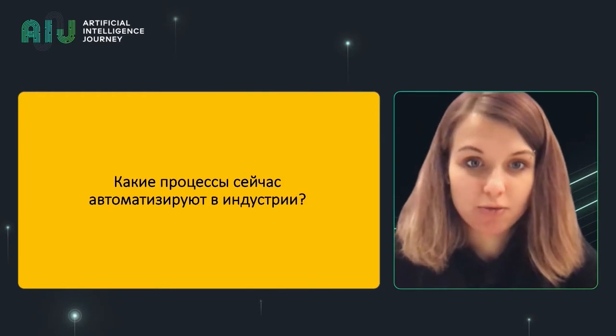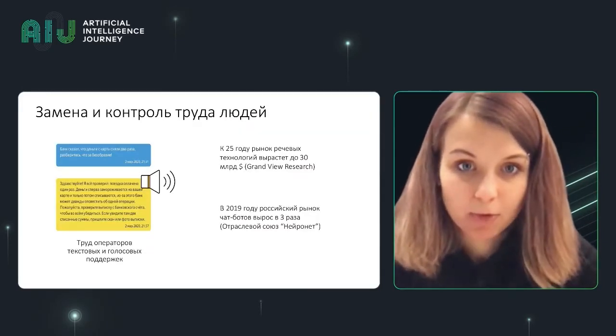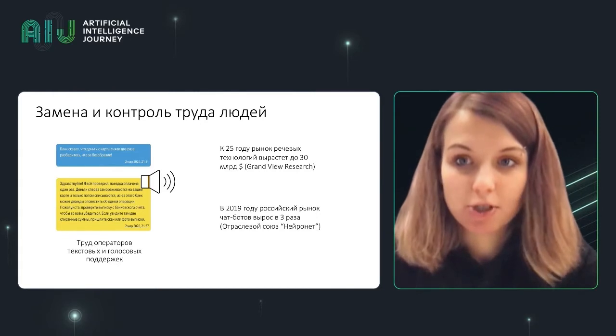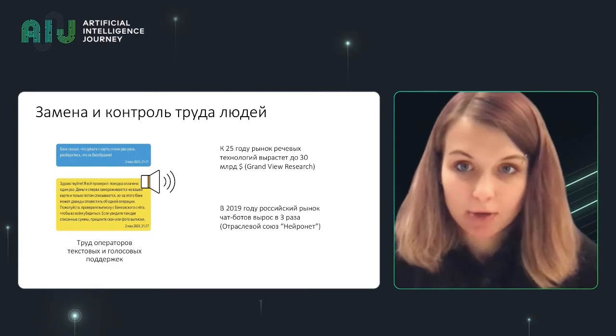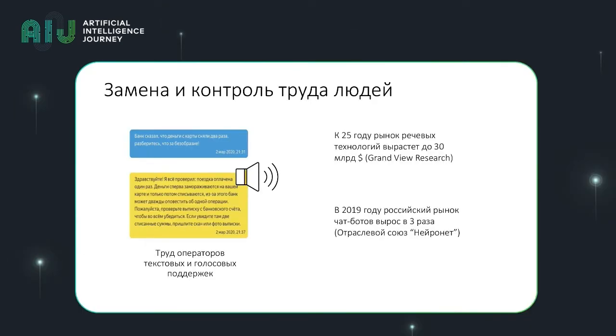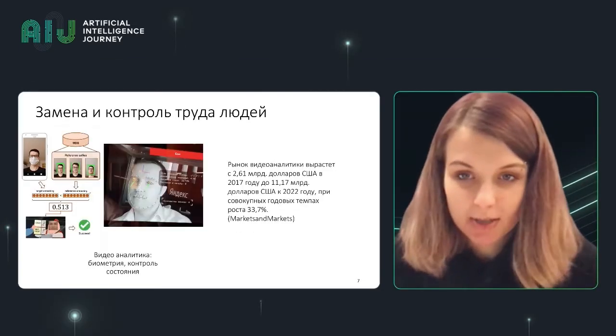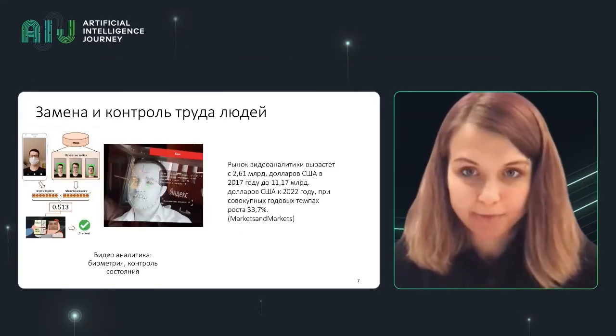What processes are automated today in the industry? So, look, a very important process that is being automated today is substitution and control of work of people. So probably many of you talk to support often and receive text messages. Various discussions are moderated, and the moderator's activities in such conversations are substituted. And this market will grow to $30 billion, and the chatbots market in Russia grew 3 times over recently,